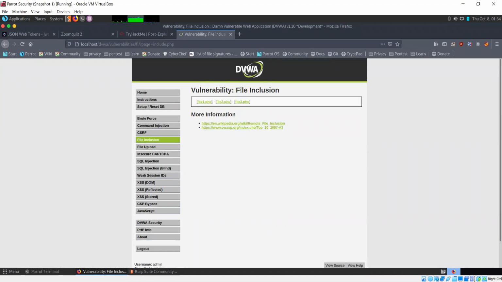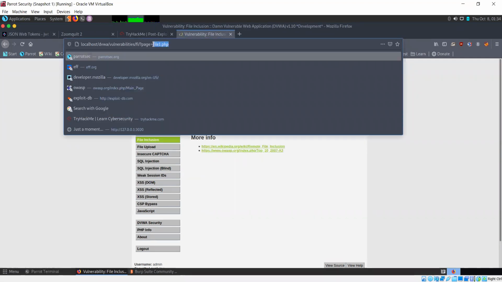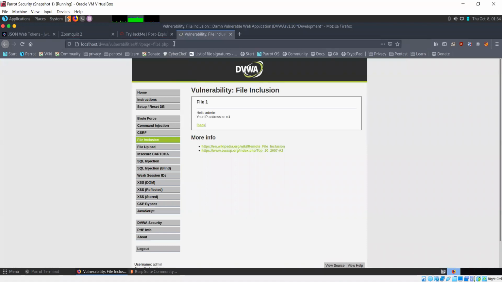Now file inclusion, I'll just show you how it works and then you'll get a better understanding. File inclusion is when you are able to include other files in the web page, including stuff that you should not be able to include.